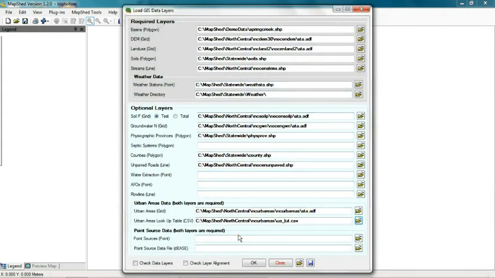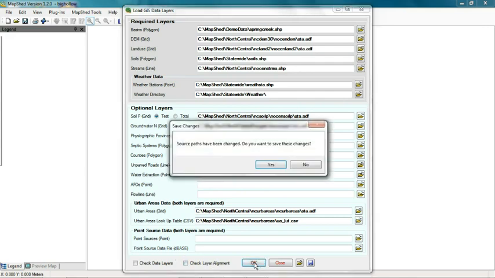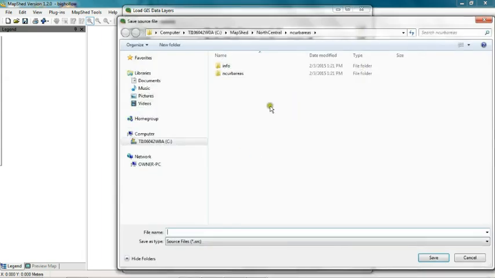We do not load any point source data in this case, and at this point we can either do the check data layers or check layer alignment if we wish to, but since these are data sets that have already been prepared for Pennsylvania, we know that the files have been created correctly and that they are all in the right geographic projection. So we can at this point say OK, and we are asked if we want to save the changes, in this case the settings in a particular source file. We will say yes,